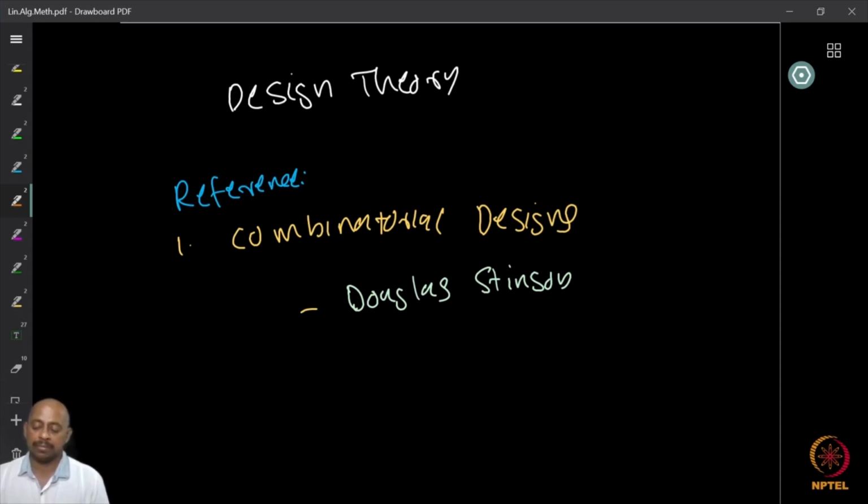Okay, so that's all, and now we go to look at these two topics that we wanted to look at, the linear algebra method and the probabilistic method. Yes, so that's what we are going to